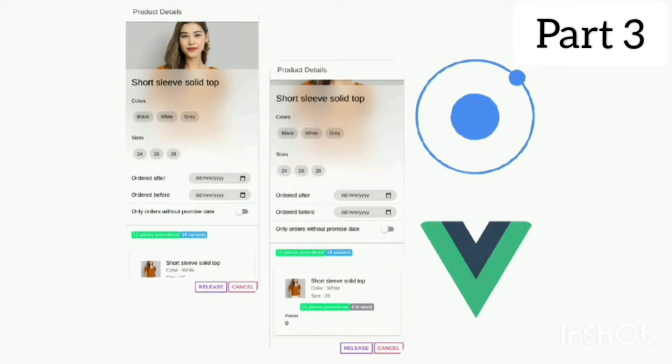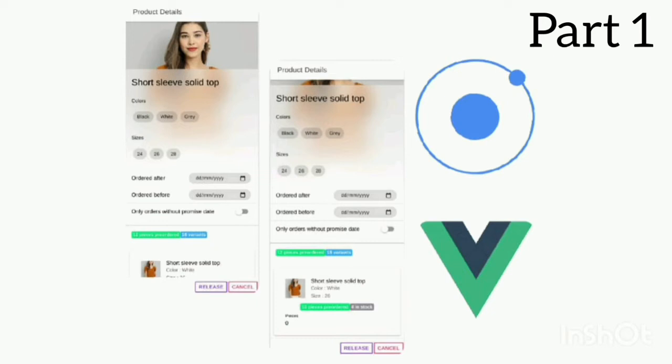So in this video I will be covering the mobile view of my page and will also tell how I used the grid row and grid column to display my page in mobile view. So without any delay, let's just switch to our VS Code again and see how things work over here.